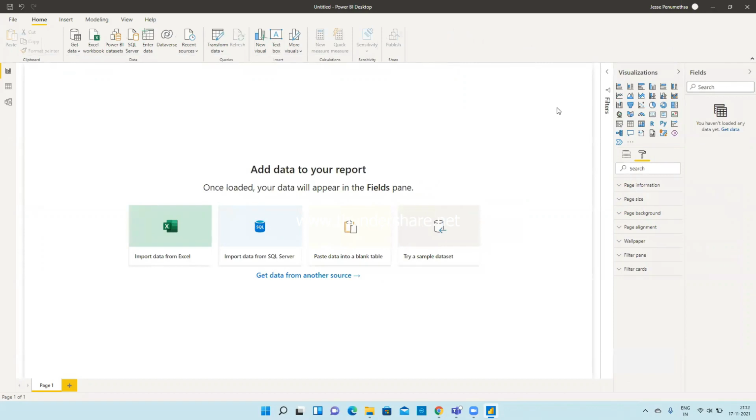Let's see how we will create bookmarks. Creating bookmarks is very sensitive, you need to follow the steps in a proper way, otherwise you may get confused. In your interview also, they may ask, do you know about bookmarks, and can you please explain one example where you have used bookmarks? For that purpose, we will see two examples today.